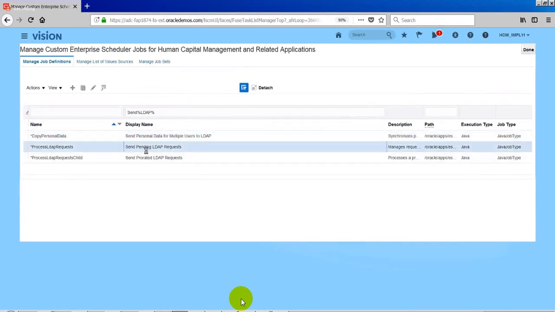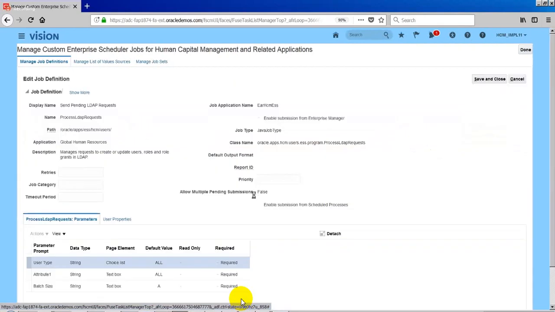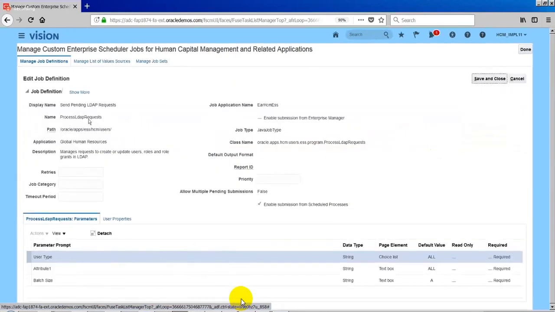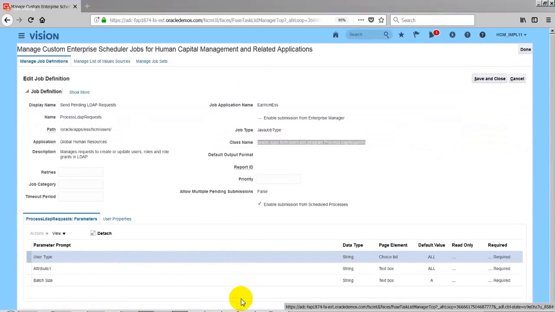We have the send pending LDAP request. What I will do is copy the class, the class that this program is calling.